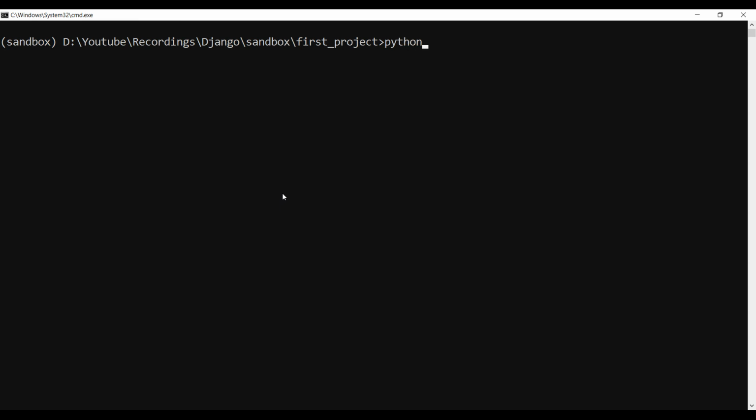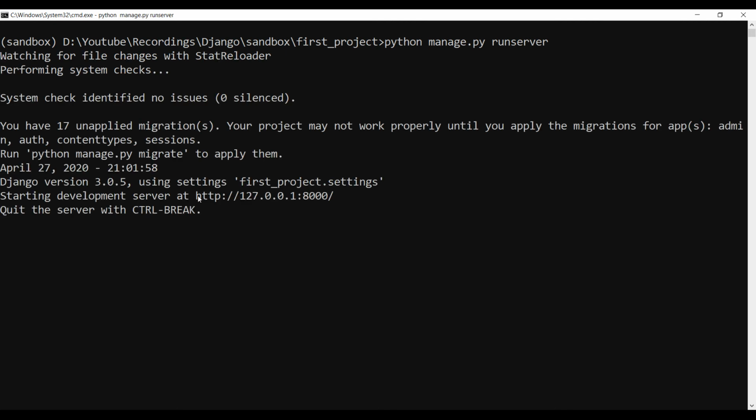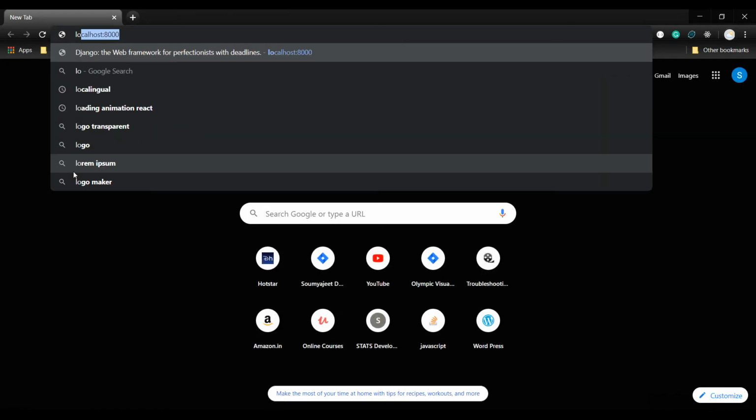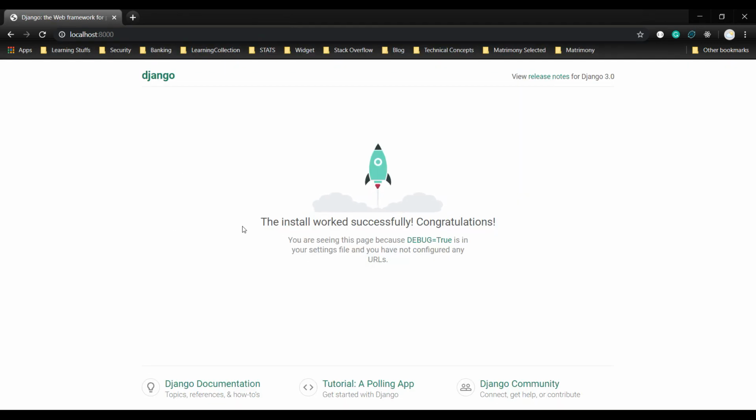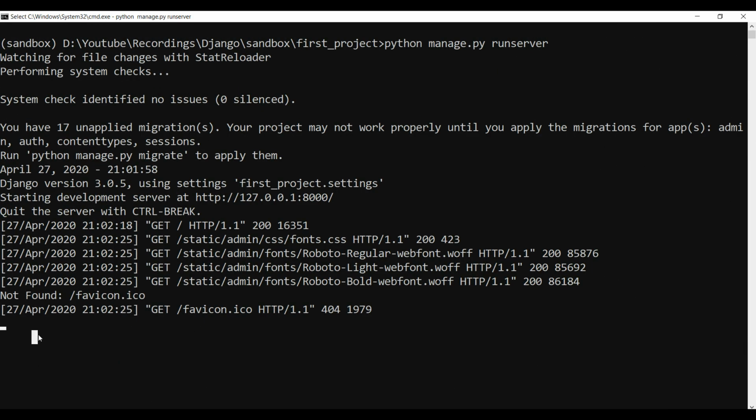to run various commands. Now, since we have created a new project, let's run it by using the command python manage.py runserver. You can see it has created a server on localhost with port 8000. Now let's open a browser and navigate to localhost port 8000. There we should see a template project created. This is the default Django project that we get from a fresh Django installation.